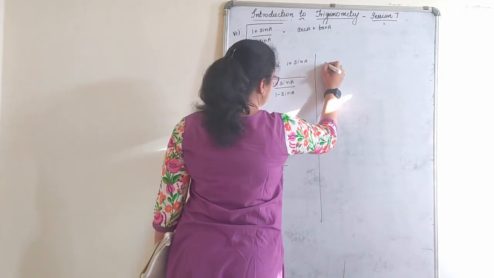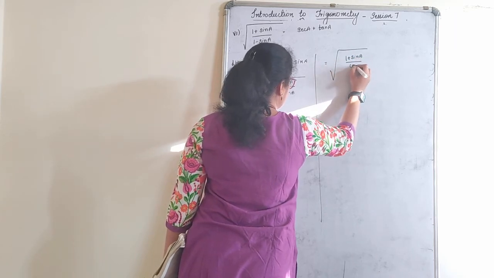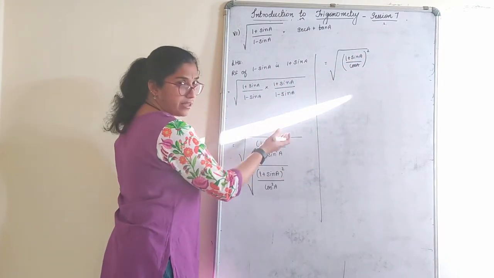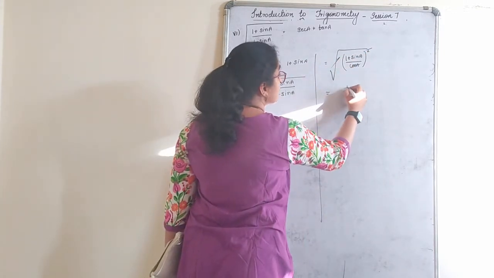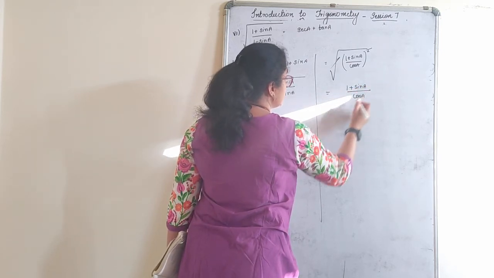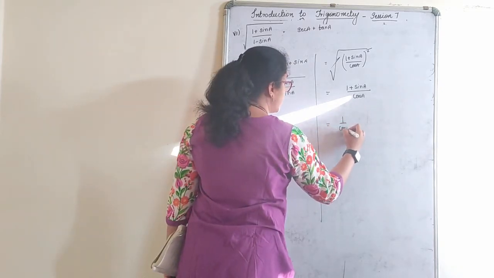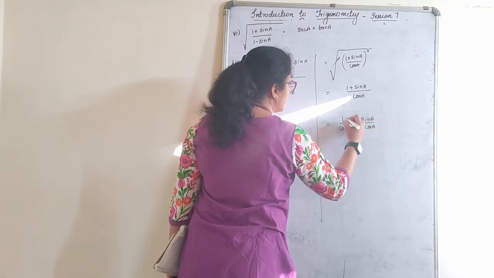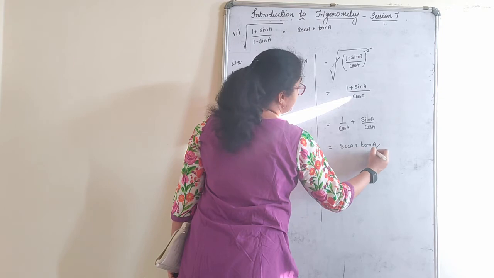Both are in terms of square. Can I write this as 1 plus sin A divided by cos A whole square? It means the same, this square and this square. At once I have written the square. Square and root will get cancelled. 1 plus sin A upon cos A. Now, further, individually dividing: 1 by cos A plus sin A by cos A. 1 by cos is sec A plus tan A.